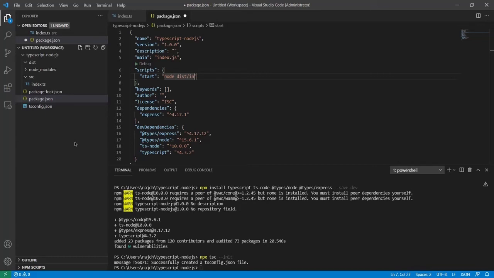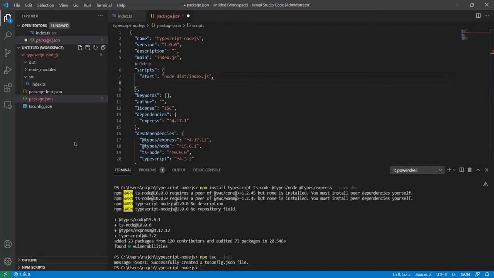So let me first put the index.js file here, and you can see I am writing JS because I will be using the JS file. Again I will also create one dev script, and this is not going to be dist, this should be inside the source, and here I am going to execute the ts file.